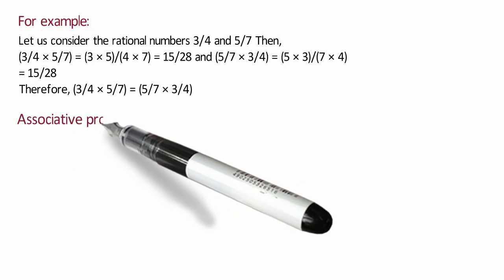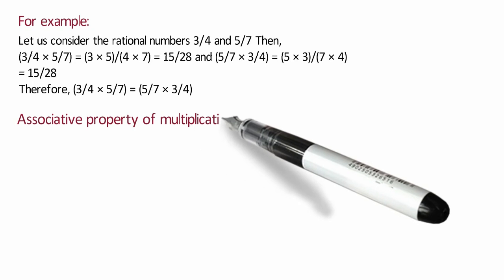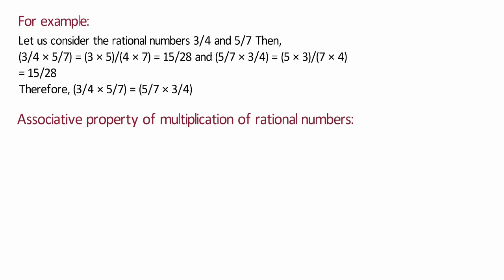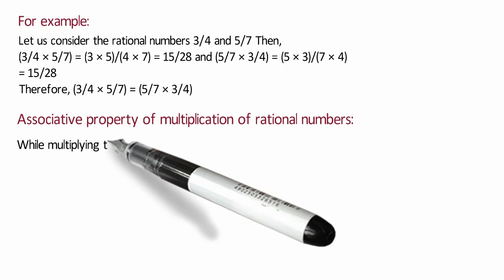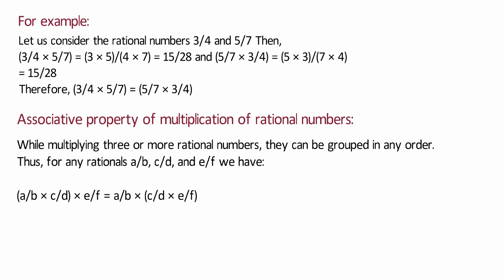Associative property of multiplication of rational numbers. While multiplying three or more rational numbers, they can be grouped in any order. Thus, for any rationals a/b, c/d, and e/f, we have